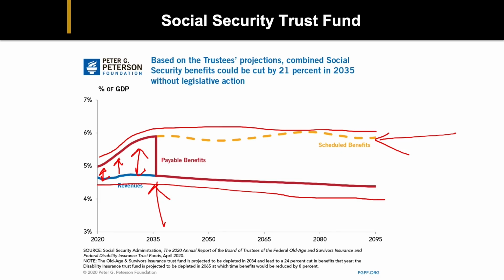under current law, Social Security is not allowed to pay the benefits. In fact, Social Security is going to have to lower benefits down to the revenue part because the fund is empty. And so the only benefits they'll be able to pay under current law will come out of current revenues. So this is going to be a major issue right here when this happens, because Congress is going to have to seriously consider changing the law. They're going to have to consider where to get money to pay for these additional benefits, or they're going to have to reduce the benefits.